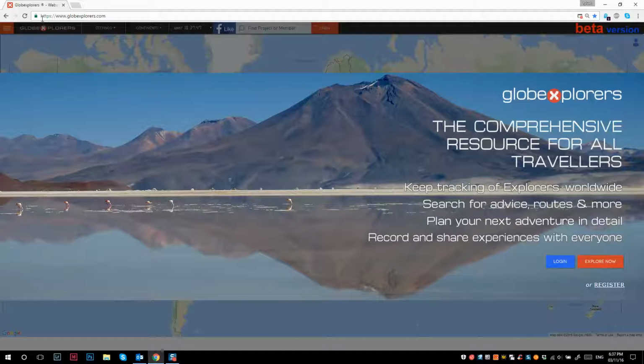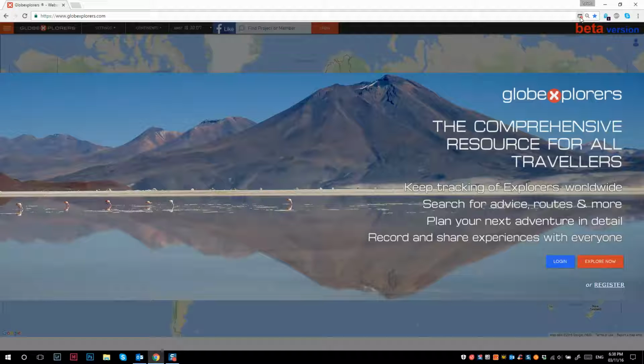In the top left hand corner you can see this is a HTTPS website, which means that it's encrypted. It's got an SSL certificate, which means that it's fully encrypted. It can't be hacked easily, and then on the right side here you can see that there's natural pop-up blocking